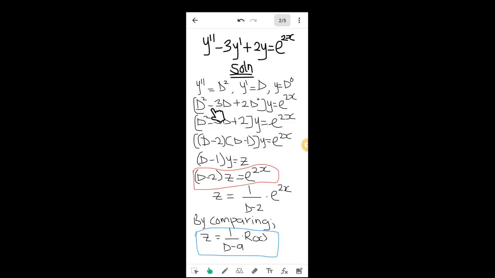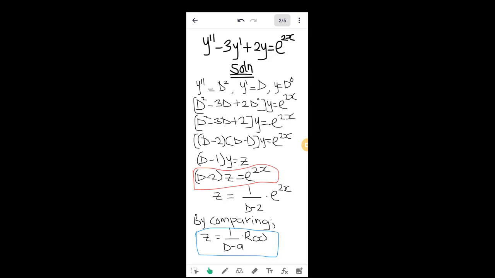So my D squared, that's y prime prime, becomes D squared minus 3D, since y prime becomes D, plus 2, and y here is D exponent 0, which is 1, so we get 2 times 1, which is 2, operating on the dependent variable y, should be equal to e exponent 2x. Remember, here is a quadratic equation. So you just factorize: find two numbers that multiply to give 2 and add to give minus 3. You get D minus 2 multiplying D minus 1, operating on y,